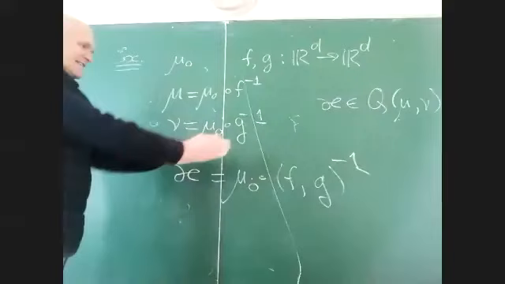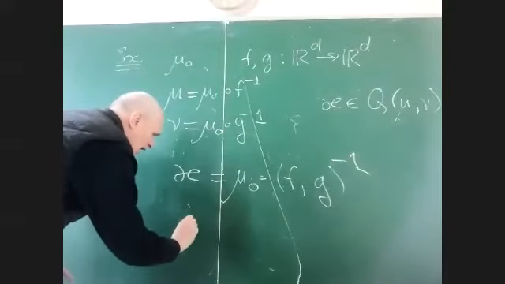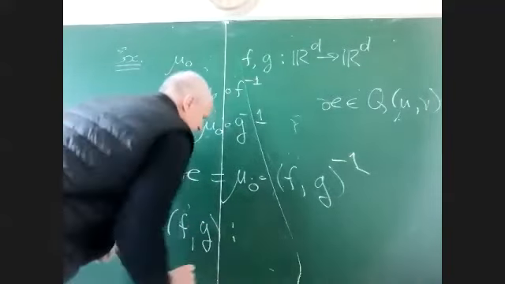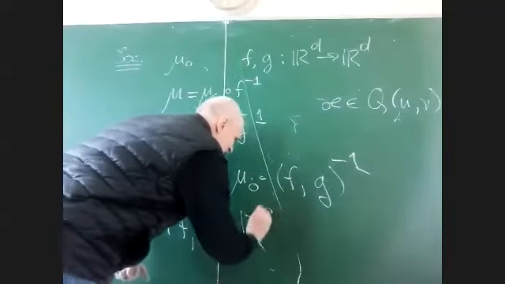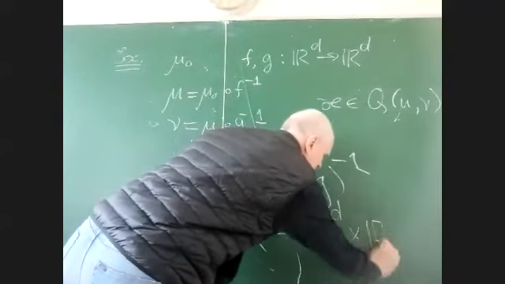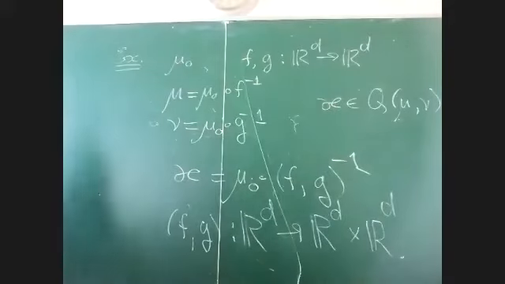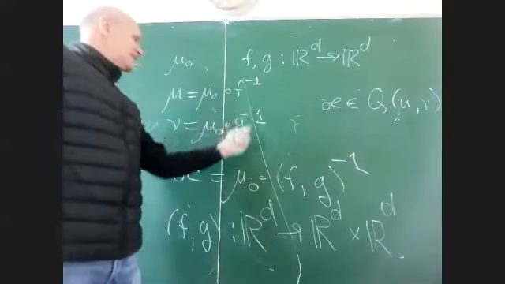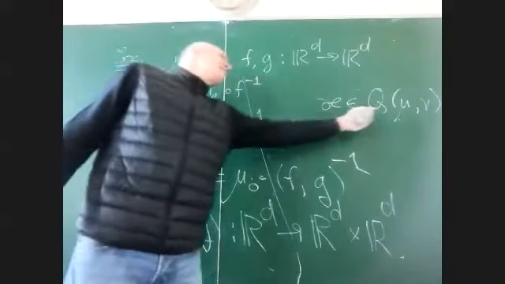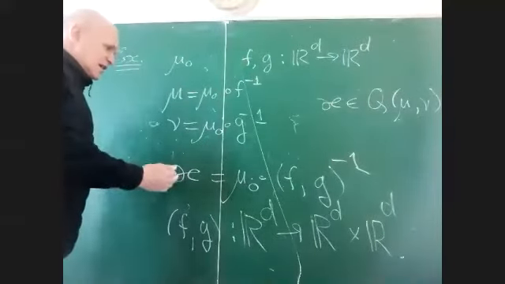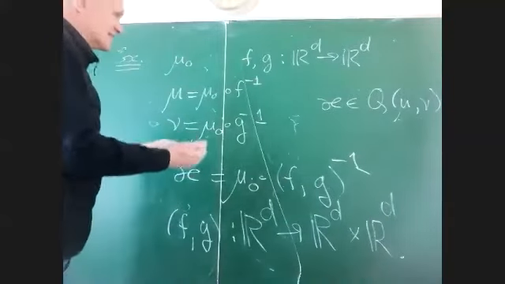So this pair maps from R^d to R^d multiplied by R^d. It is very easy to check that this is really a representative of this set. And moreover, when we discuss the distance,